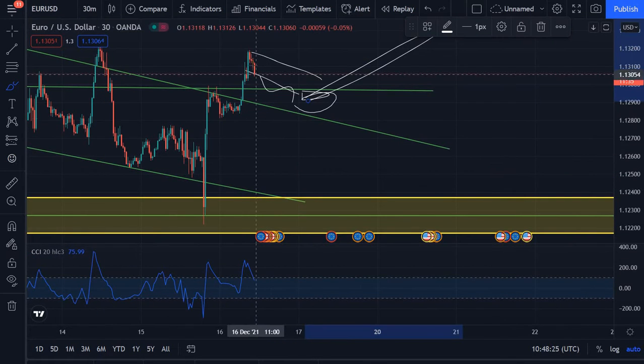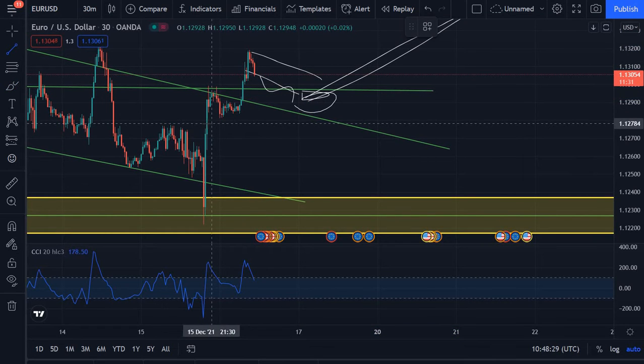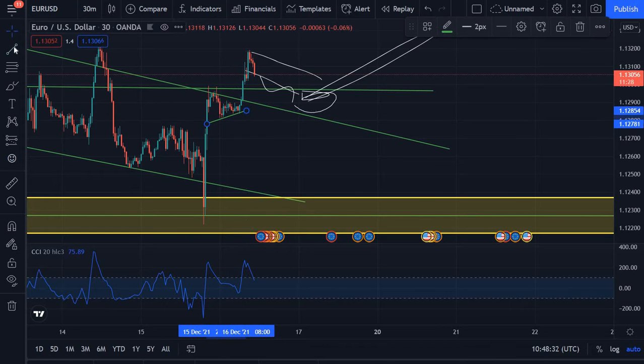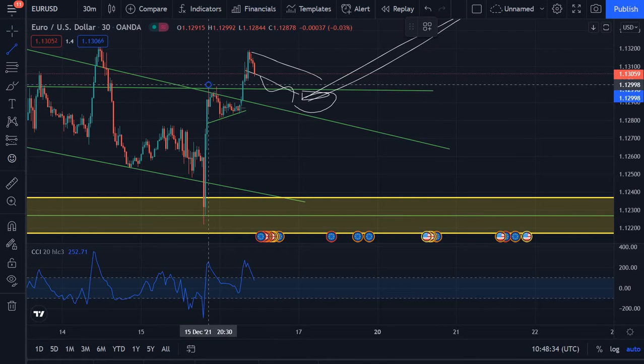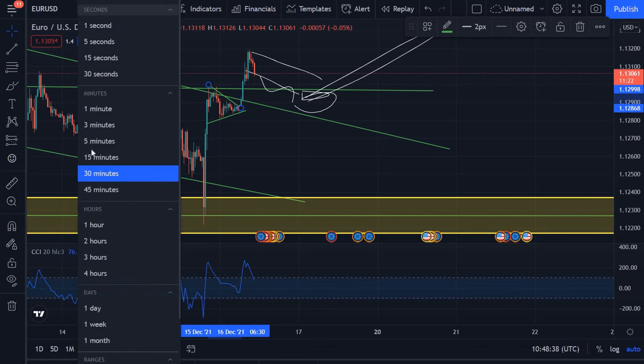Here the 30-minute chart, we are pulling lower. Here we had kind of a smaller triangle, and then we had a breakout, and something similar could happen here, or kind of a bullish flag. Taking a look at the